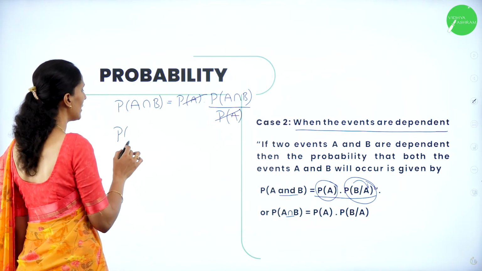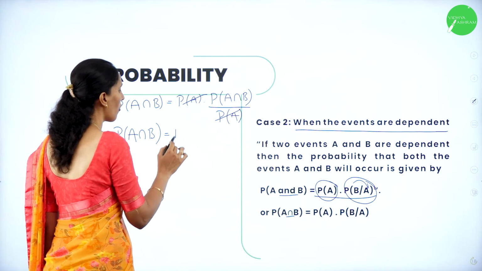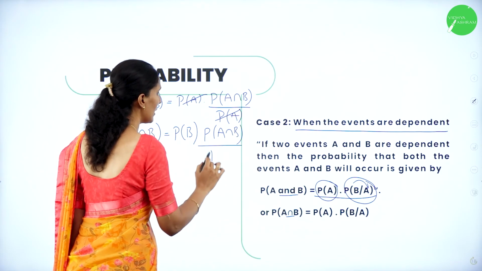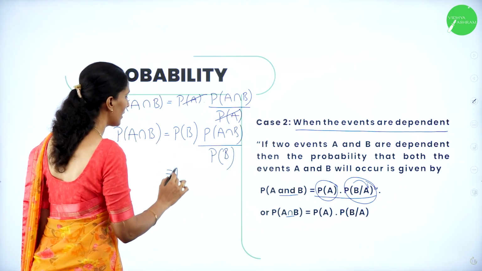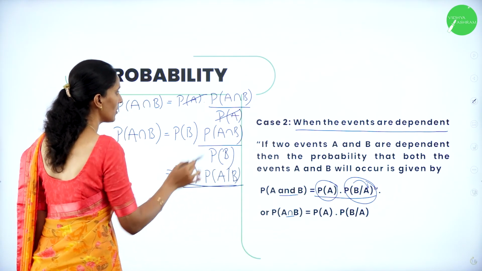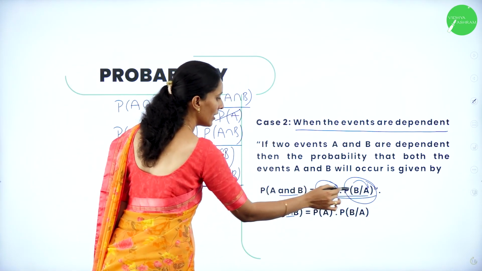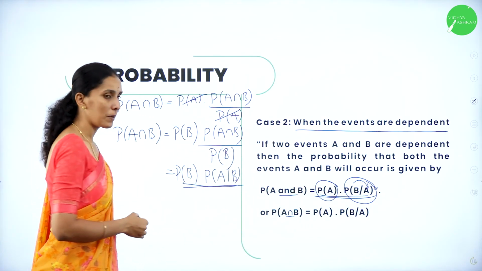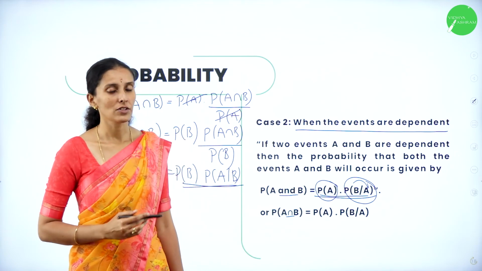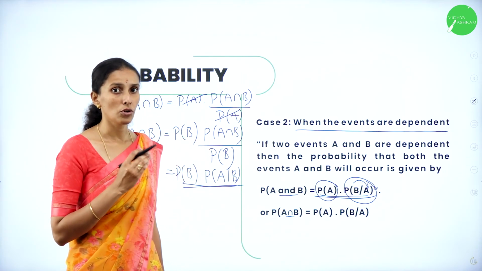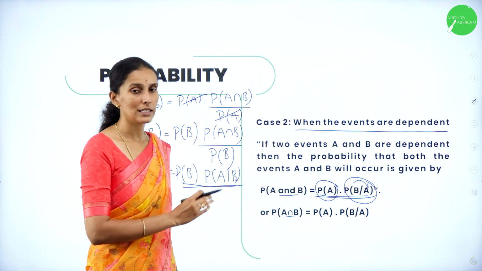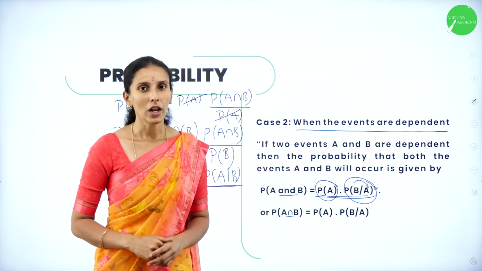This formula can also be written in this form. When you know P of B and the probability of their intersection, then it is like this, or you can simply write it as P of A over B. So for any two of the formulas, if you have P of A, then it should be P of B over A. If you have P of B, then it should be P of A over B. So remember the formulas. Proof is not necessary since this is not in the syllabus. You should learn all the definitions, terms and properties of these theorems as well as conditional probability. So this is all about today's session.